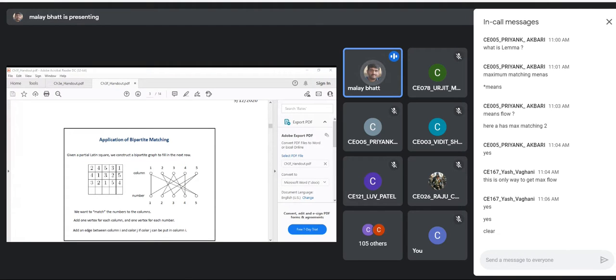Right, so this is a very simple example. You may be given another square of size 5 cross 5 with some rows missing. Here it is one matrix with 5 cross 5; you can have another matrix with 5 cross 5 with some rows missing. So for each row you have to apply the Ford-Fulkerson algorithm. We will convert each row into a bipartite graph, and then that bipartite graph will be handled by the Ford-Fulkerson algorithm. Yes, is this clear? Yes, online students, is this clear?